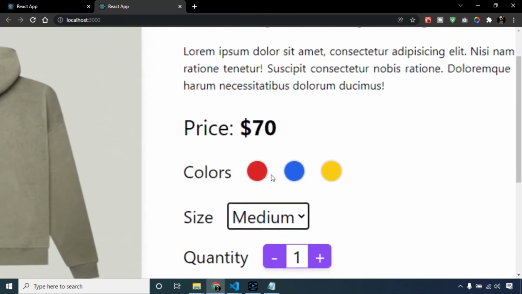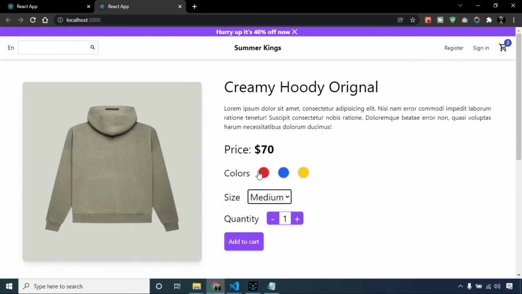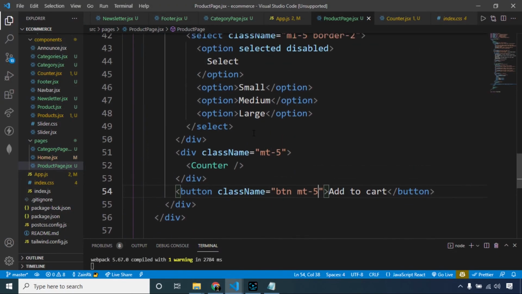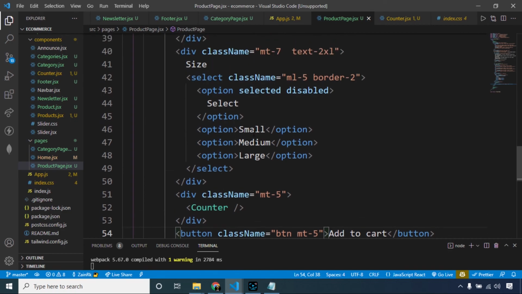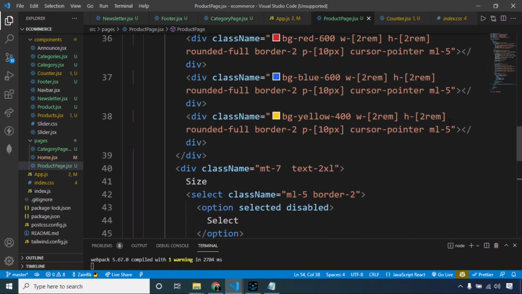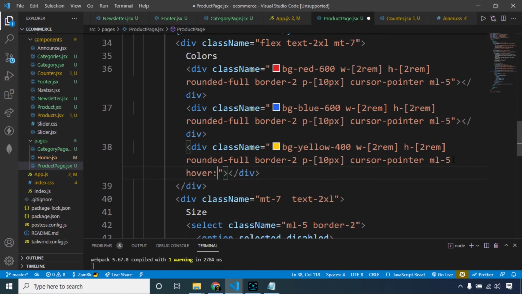And the last thing we can do is, on hover, the border color of these colorful divs should be changed. To do this I will make a hover effect. So I say on hover the border color.